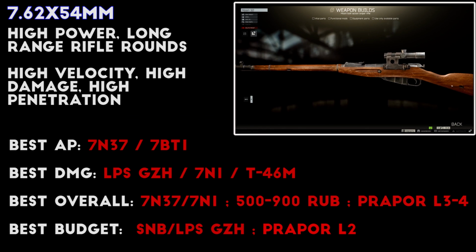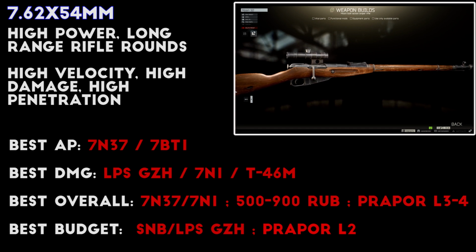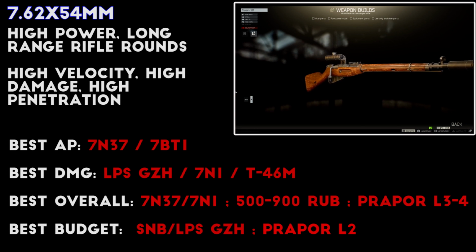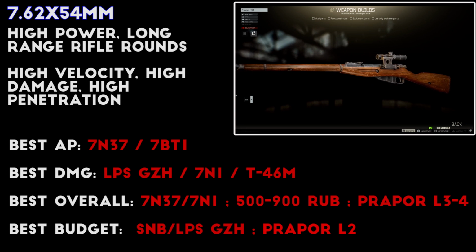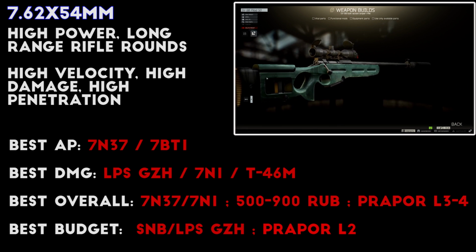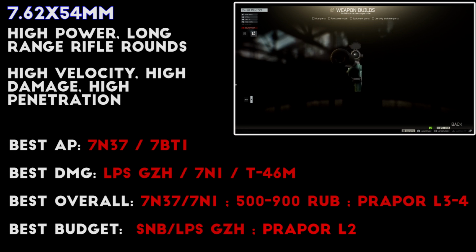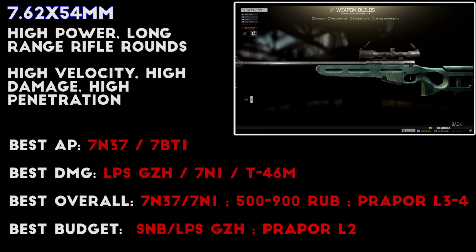Next up, we have the 7.62x54R ammo, another powerful, fast, and extremely accurate round that is one of the most fearsome types of sniper ammo in Escape from Tarkov. 7.62x54 ammo is used by the Mosin, SV98, and SVDS sniper rifles, and is one of the hardest to divide into best and worst types in my opinion, because almost every ammo type is useful in its own